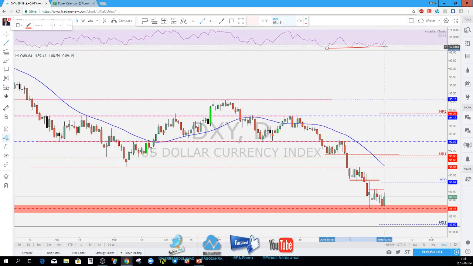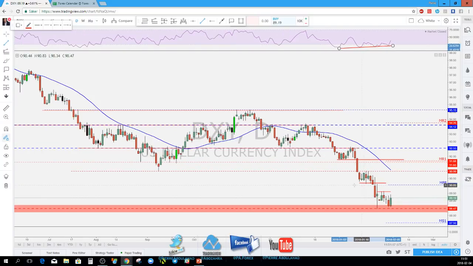Since this low here we start making some divergence, but we are talking about this low here. So as you see, we've been making lower lows and lower highs all the way down here anyway. So the major structure has not changed yet, even though we had good NFP. That will not change everything